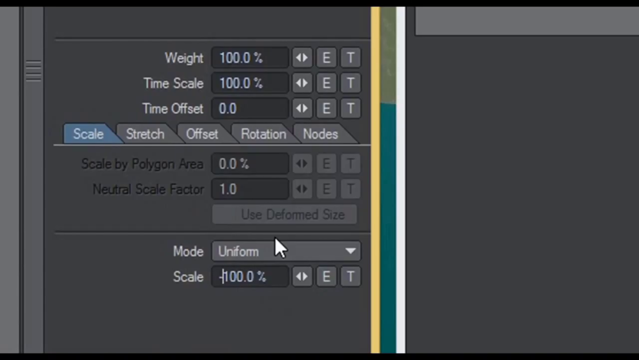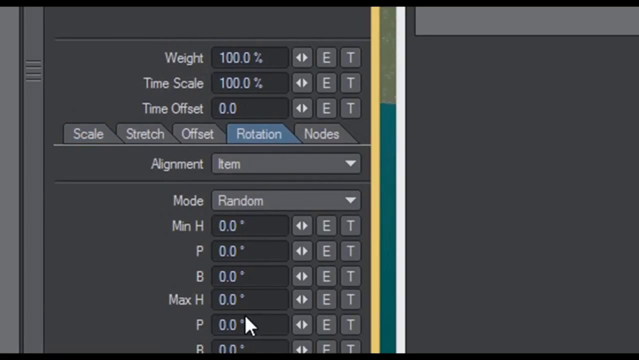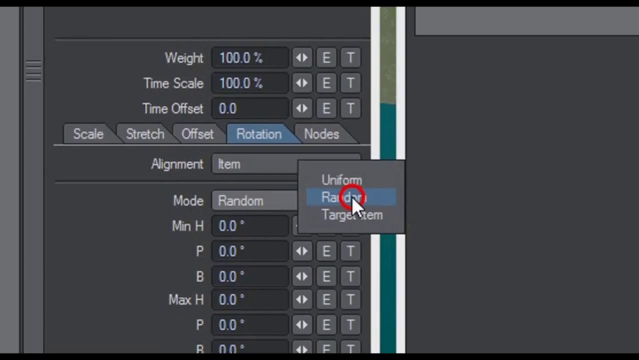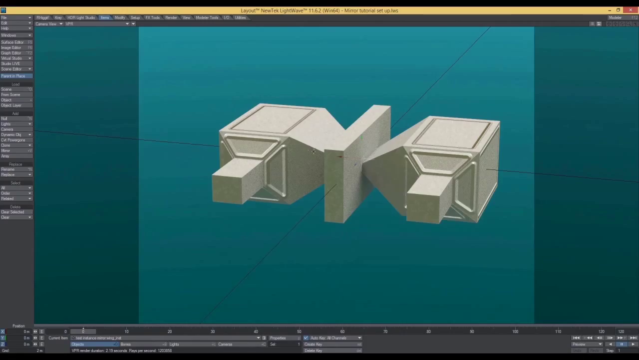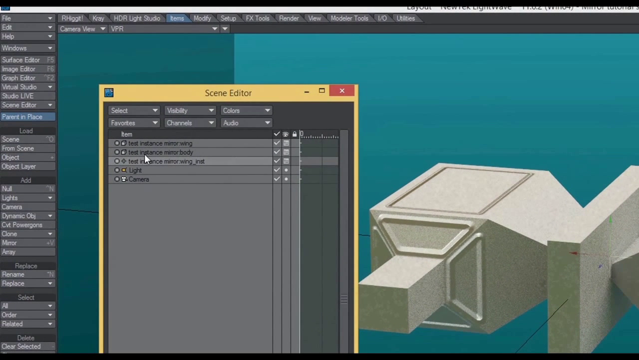That effectively turns the object inside out, scales it inside out, and then we go to rotation, and we go to the pitch, but we have to make sure this is also set to uniform, and we go to the pitch, we put that to 180 degrees, and then you're going to find that it's now mirrored across like that. And the other thing we should do is go to the scene editor and make sure that everything's